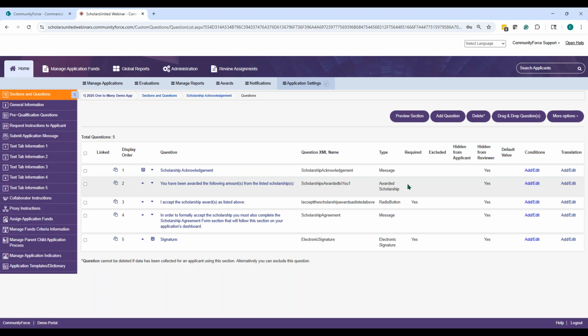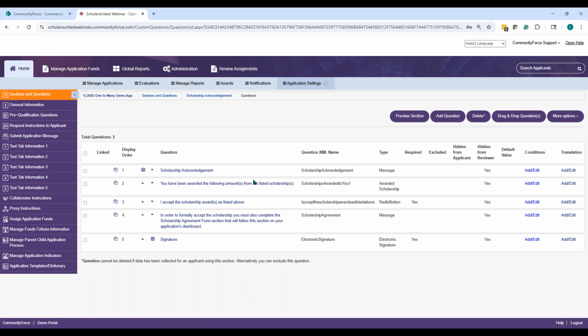So if they receive more than one, this section is very important, because based on what award they receive, in the next section I'm going to show you, which is also an acceptance section, as soon as they save this section and they answer this question, it's going to trigger in my next accepted section, based on the award that shows in here, data pertaining just to those awards. So I build this question type. I have to use this question type. I put an accept because this is my trigger.